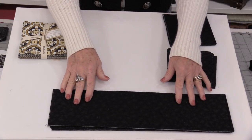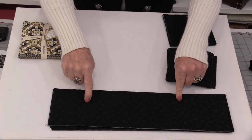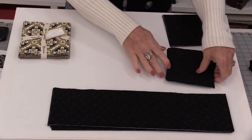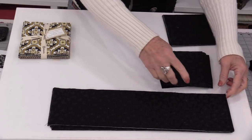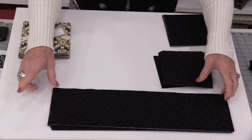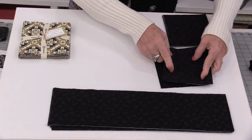You will need to cut 8 additional strips, and they're going to be at 4.5 inches. From those strips, you're going to be able to get 12 16.5 by 4.5 pieces and 24 4.5-inch squares. I would recommend that you cut your 16 inches first, and you're going to be able to get 2 out of that width of fabric. Then you're going to be able to get at least 1 square, and that's going to save you some extra